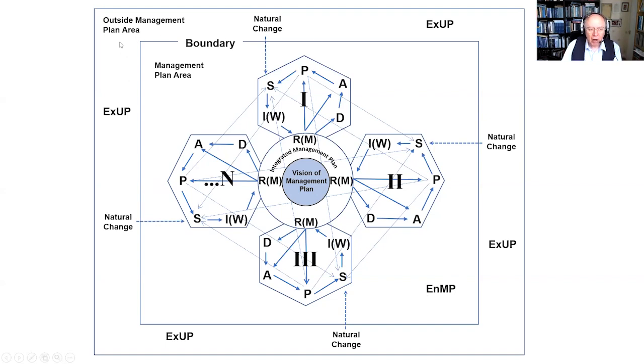Outside that area are these other things that are occurring, exogenic unmanaged pressures, such as climate change, or even natural change. Now, if you think of that inner box as an estuary or a lagoon or a bit of coastline, then everything that happens outside here is external. However, if that boundary is the catchment of your estuary and your river and your coastline, then all the rest of it is global changes.